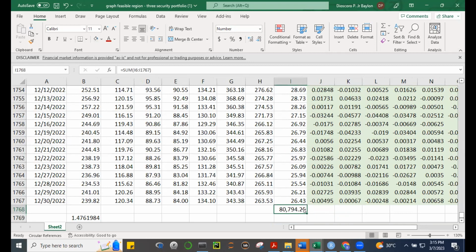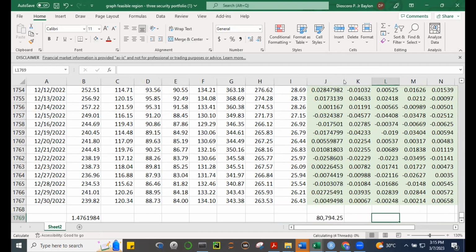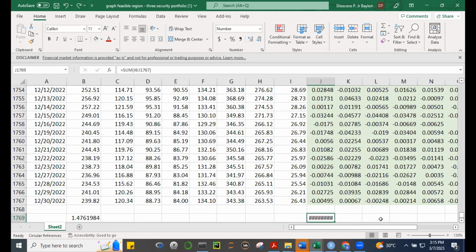I added, where ba ininadd ko? Okay, there. See, 1.47, no? Pareho siya, no? 7620, 762. Okay? So, yung compounded returns class, that will give us the summation of the cumulative returns for the